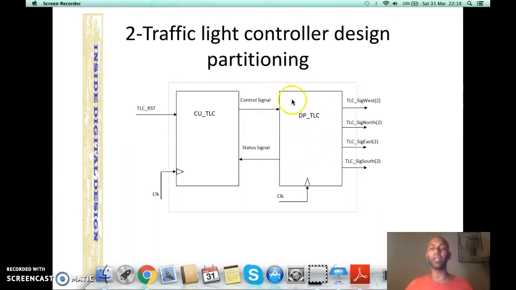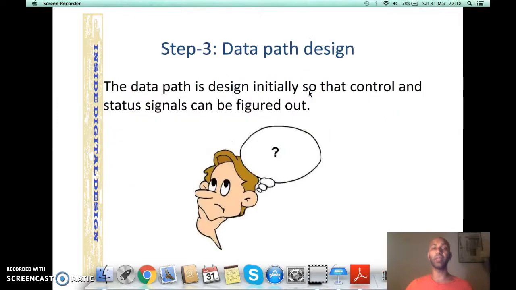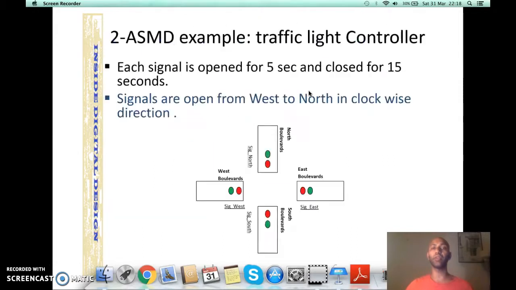As the second functionality, it needs to select between green and red signal for each of the output. So first thing, we could brainstorm all the functionality. And the best way is to read the main problem description that is quite helpful in figuring out the main